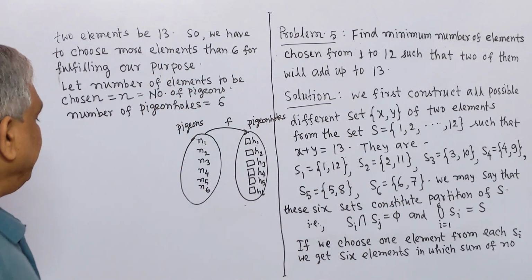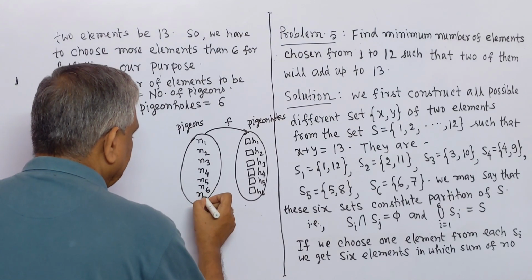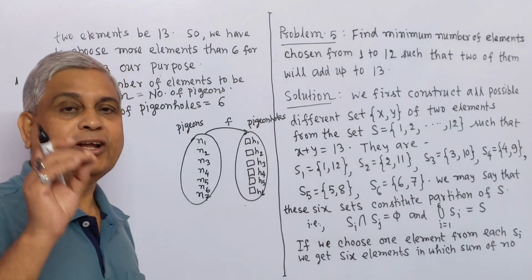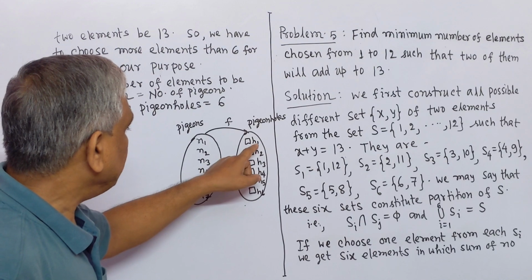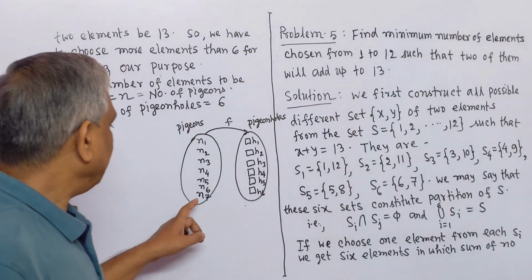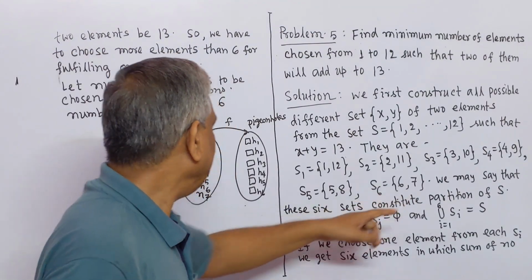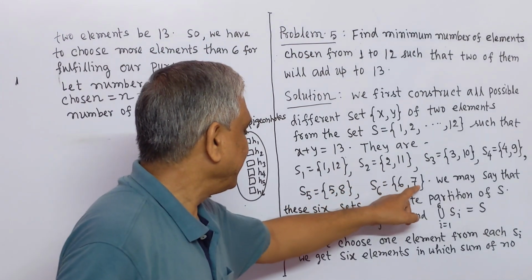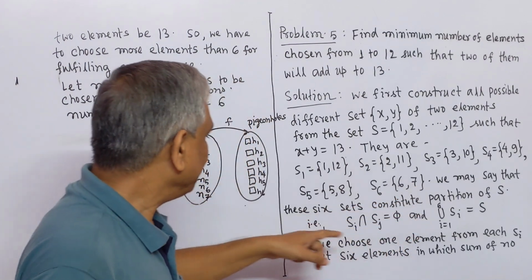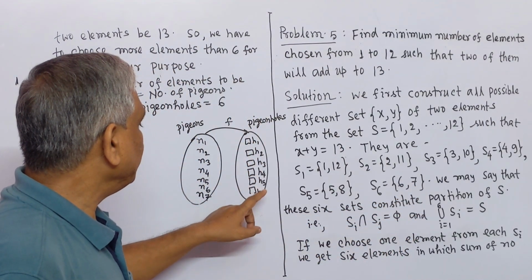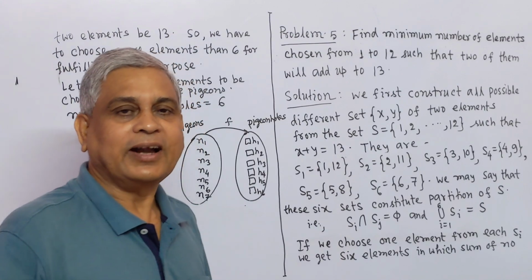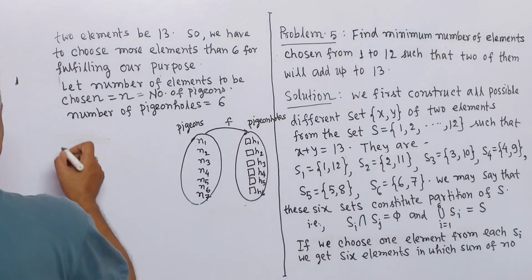Here let us take one more element, the 7th. Therefore, we get 7 elements. According to the pigeonhole principle, one of the holes must contain at least 2 pigeons. Let n6 be 6 and n7 be 7. Then 6 plus 7 will be 13. So, in this pigeonhole, we will get 2 numbers such that their sum is 13. So by pigeonhole principle,